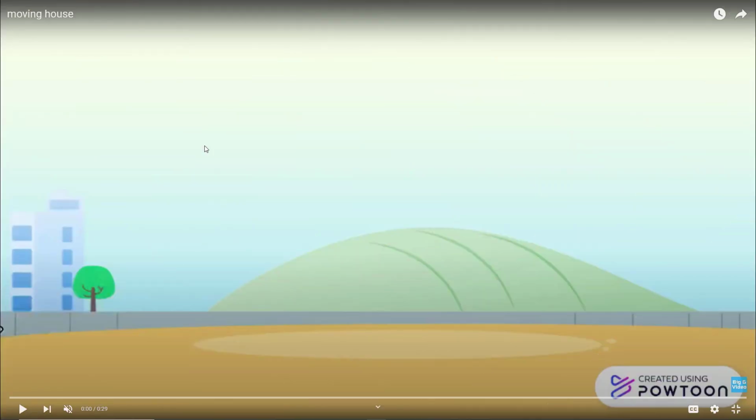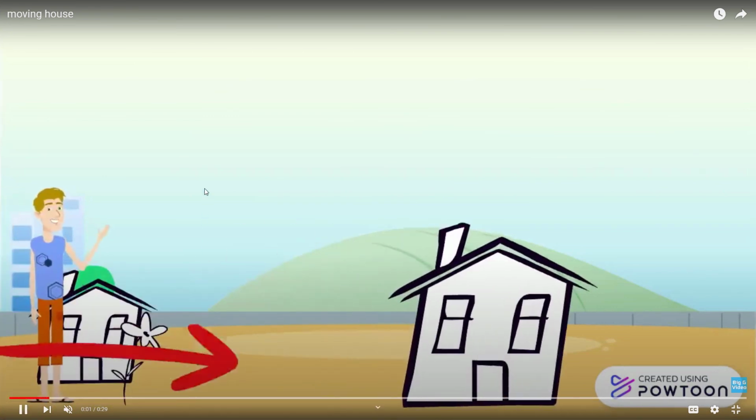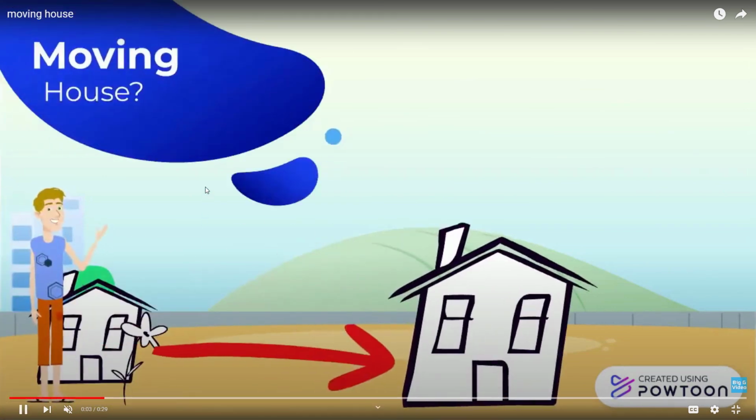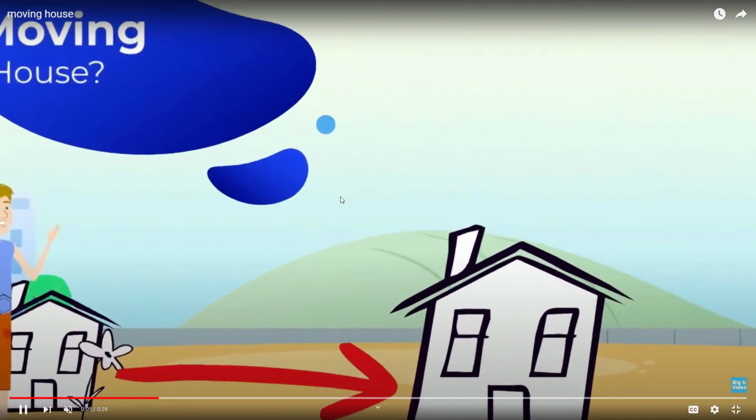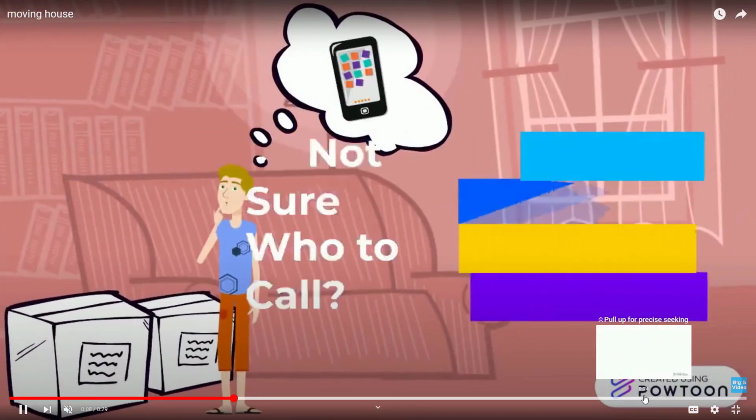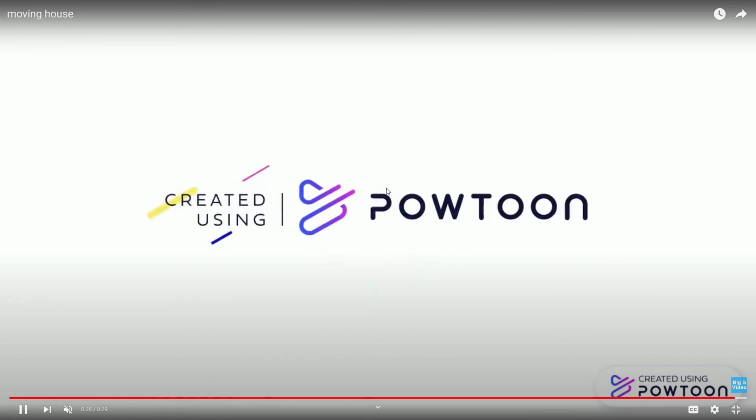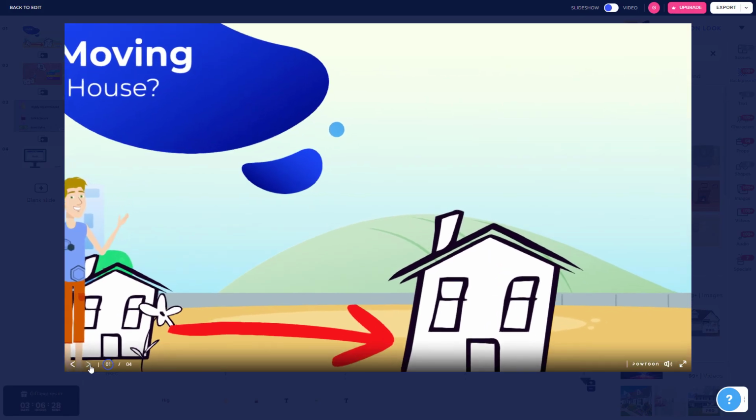So here we are with the video on YouTube. I've made it full size so that we can see it. Now, what you'll see is down here in the bottom, it is watermarked with Create with Powtoon. I've muted the video because otherwise you'll hear the playback, and you can see it's fine. If we skip to the end, I'm just going to go here. We've got a Powtoon outro, which again you might not want to have within your video,